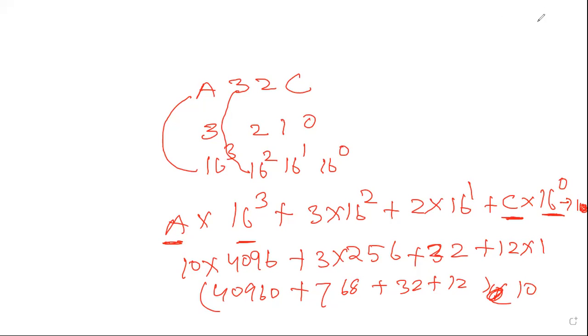So this is how we convert any number system into the decimal number system. Suppose in place of all these number systems, some other number system is there. The same process will be utilized. We will write the positions, we will calculate the power of the base, and then we will multiply it with the individual symbols and add. That way we can transform or change any number in a given number system into the decimal number system.